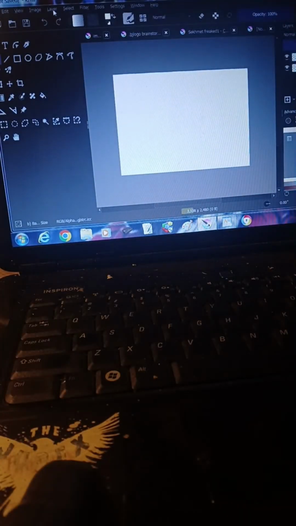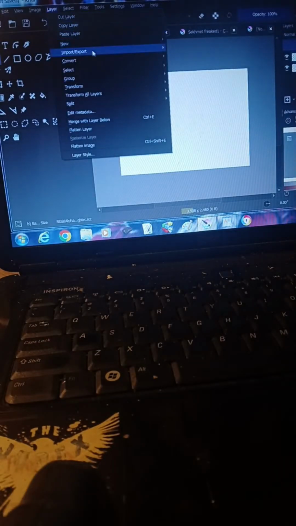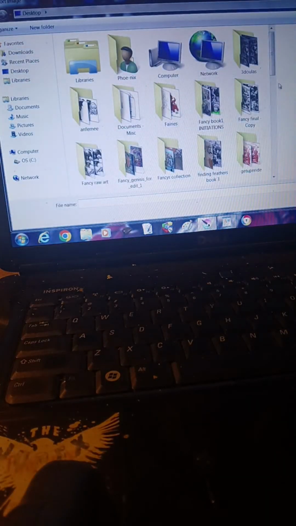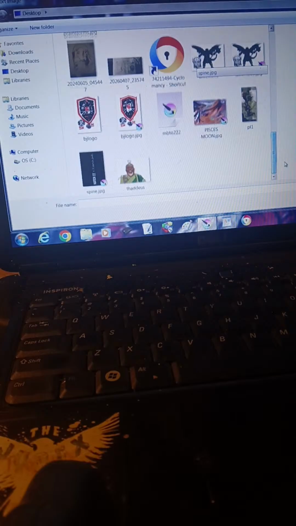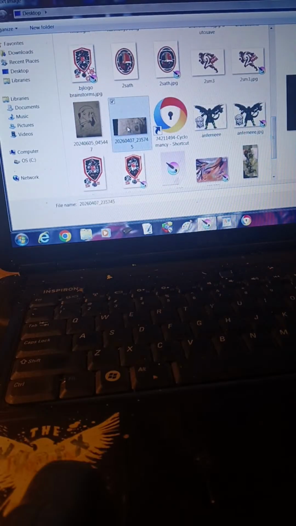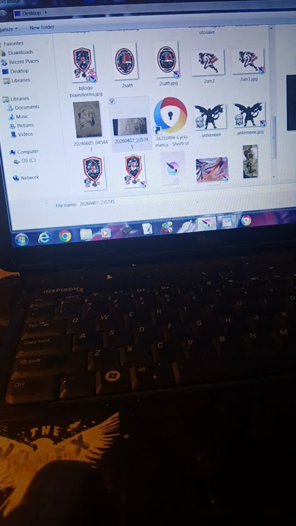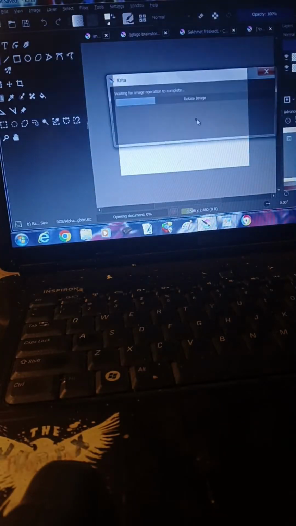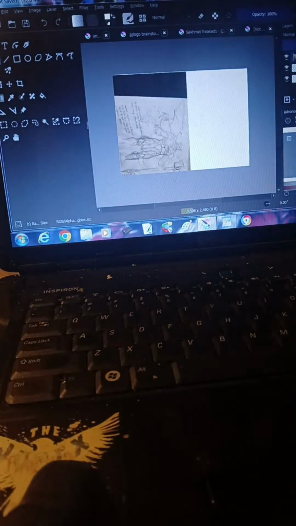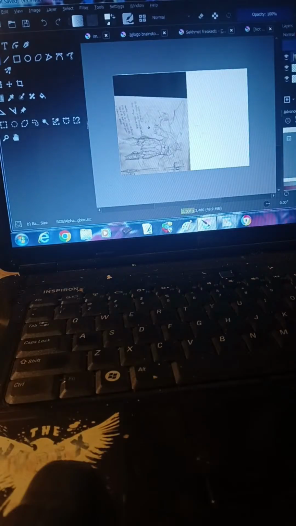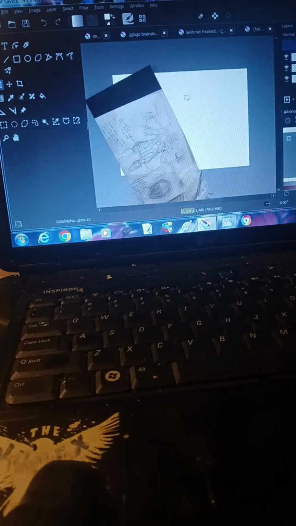Then you go to layer. For the first layer, you go to import, then you come down to import and you use paint image. This is where I grab my image, because if this image isn't the correct size of a standard paper, when I open it as a layer on top of here, it's going to be the same size. So see, the picture I took is not the standard size. No big deal. All we've got to do is hit the key to turn it,